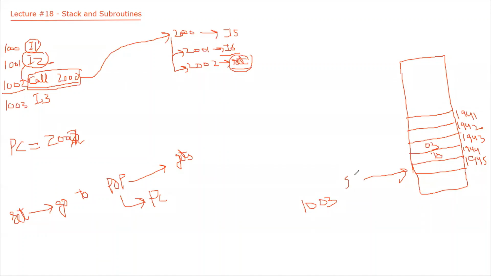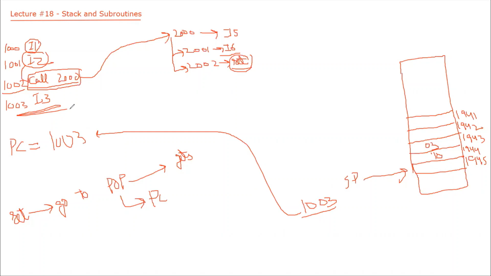So our stack pointer is here. What we have got from the memory is 1003. So it is saying put this data into PC. So what will be the new value updated in PC? The new value updated in PC will be 1003. So that means the next instruction that is to be executed is I3. So this is how stack is getting used in our subroutine programs, or we can say how stack is used in our microprocessor 8085 programs.